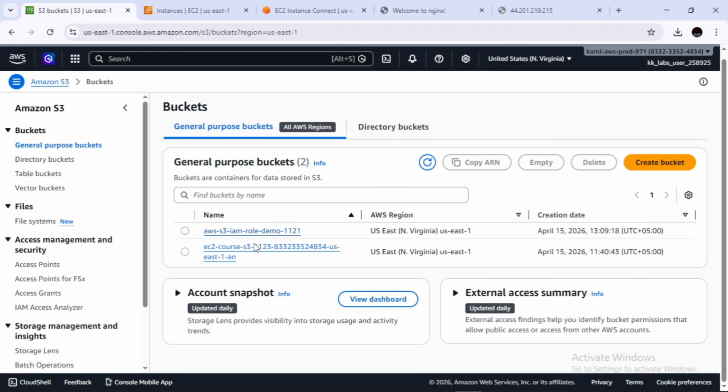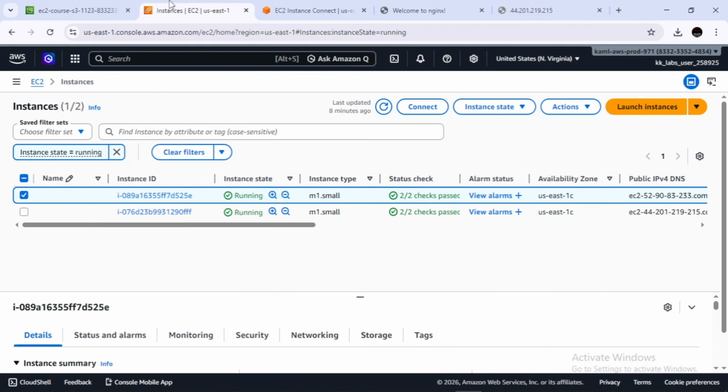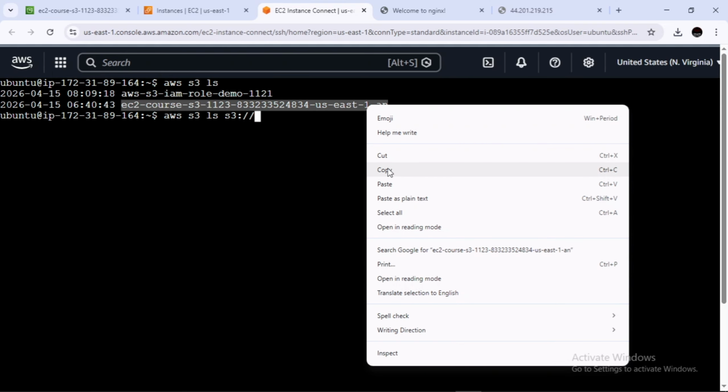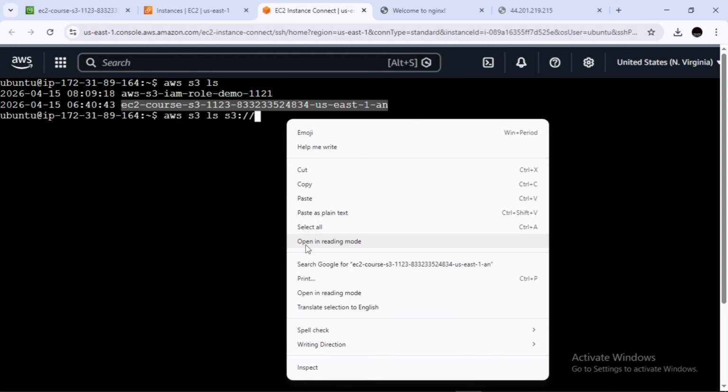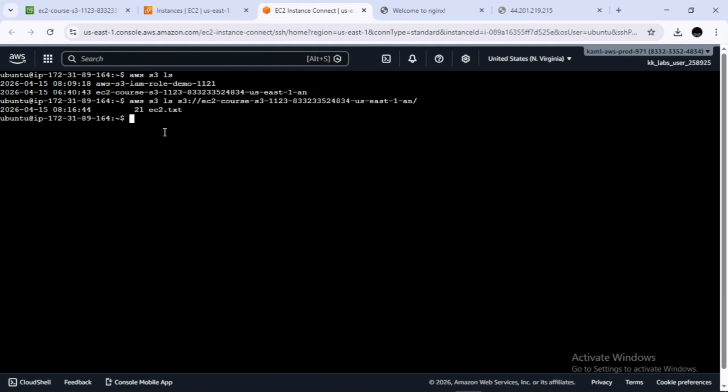And if I go to this bucket, let's verify the content of this. So for this, AWS S3 LS, and the name of the bucket is EC2 course. Copy this and paste here, and then you will be able to see the file, which is ec2.txt, and we